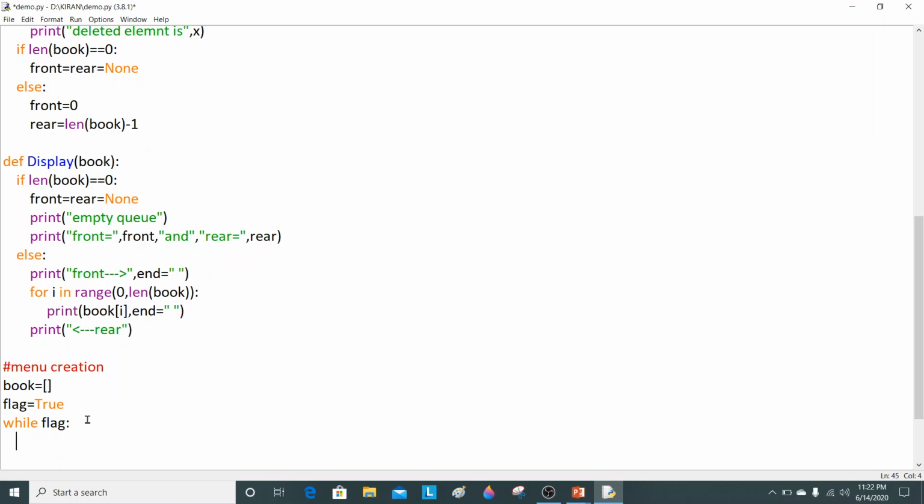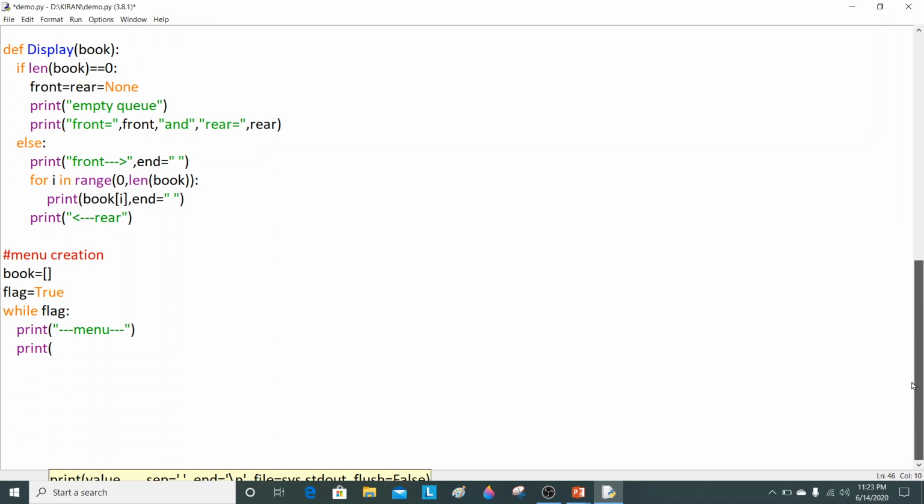So if this condition is true, the menu should appear on the screen. So I write here print, in quotations, menu. So my menu will appear on the screen. This is just the message that I am starting the menu. The next statement will be the options insert, delete and display. For that I am writing in quotations 1. When I press 1, it should go for the insert.